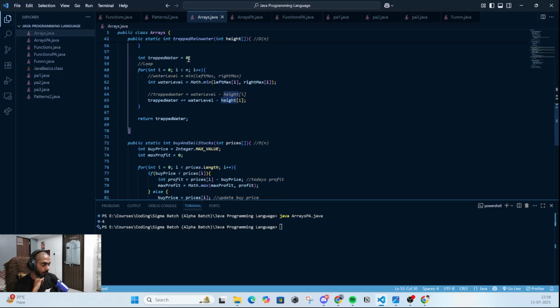Then trapped water will be 0 at first, and in this loop first we can count the water level. So the water level can be the minimum of the two maxes, and the trapped water can be the water level minus the height of that particular index. So yeah,